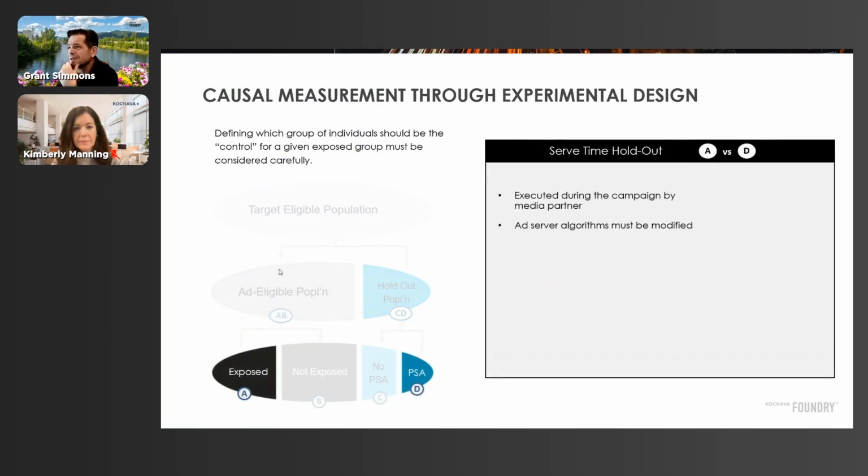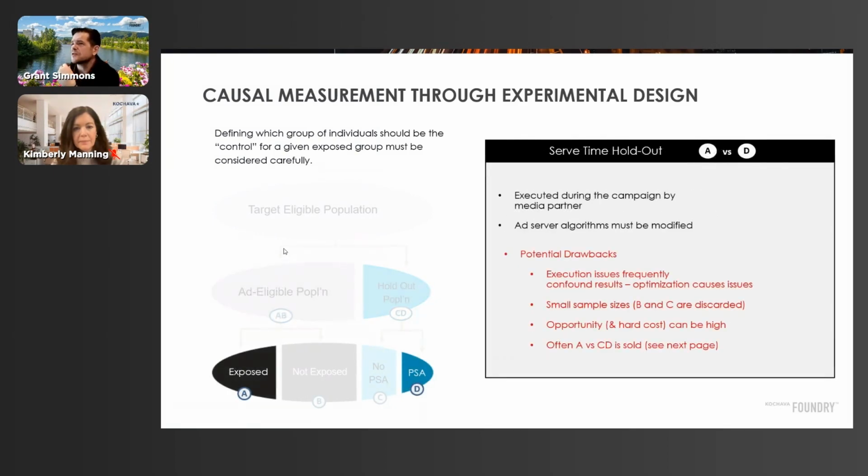Let's go on to the next type here real quick, serve time. So this is notions like a public service announcement, or it could be at the ad server algorithm, right? Either way, the watchword of caution here is the server algorithm needs to be modified. If for nothing else, optimization has to be turned off. What am I talking about? If you have a brand ad with an expected engagement profile, like click through to install the app, and you serve that against a donate blood ad, let's say, Red Cross, we would expect this ad to be interacted with. We wouldn't necessarily expect this ad to be interacted with.